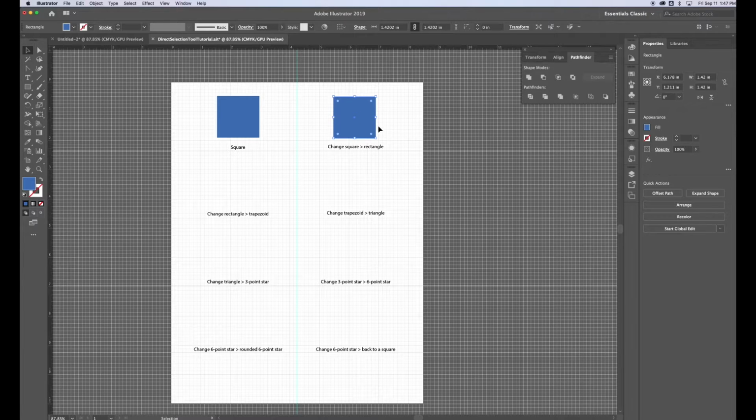Now I want to change the square to a rectangle, so I'm just going to pull that bounding box a little bit on the left, a little bit on the right, and there we go. We're done with that one. Now I'm going to copy and paste this shape over here where I need to change the rectangle to a